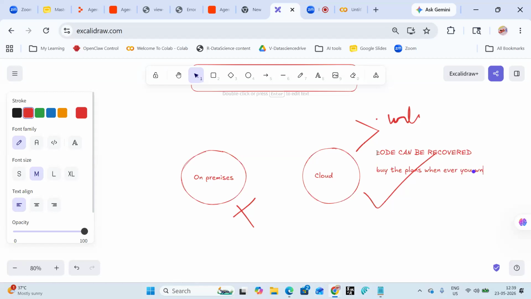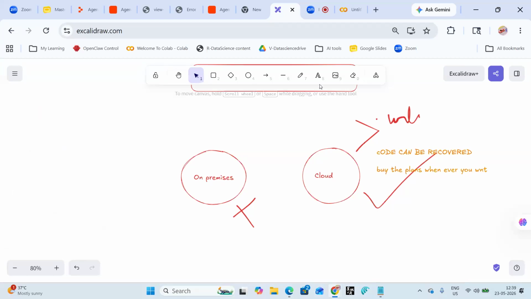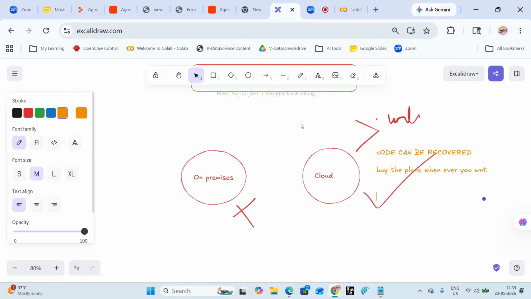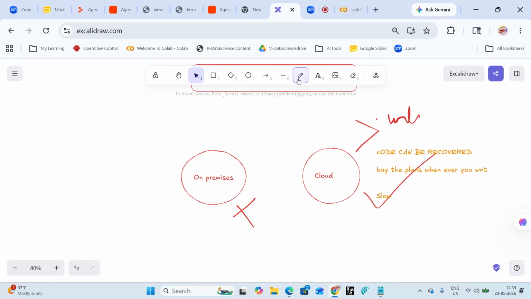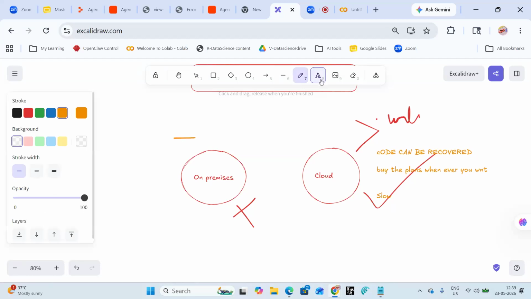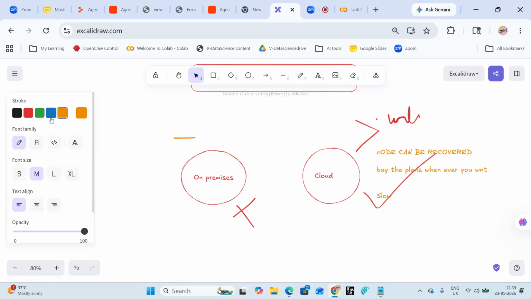One disadvantage it has is that it is slow compared to on premises. When I come to on premises, code once lost cannot be recovered.